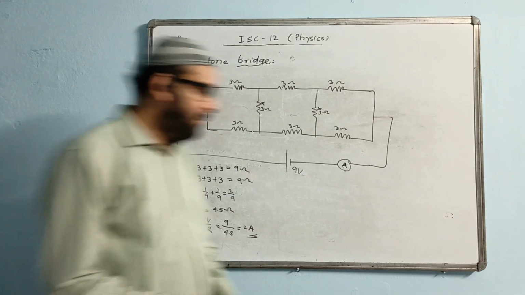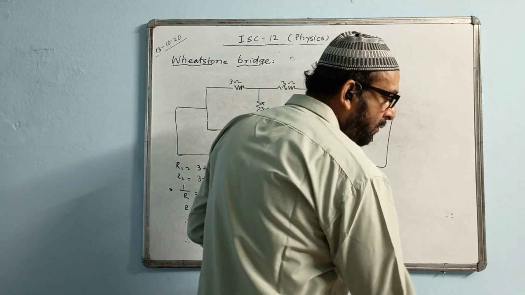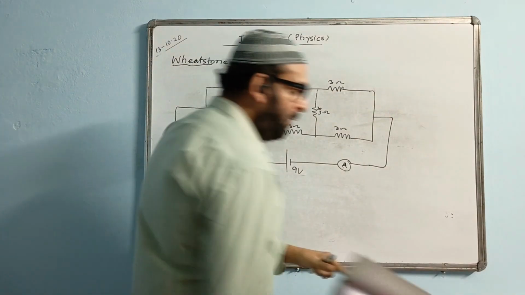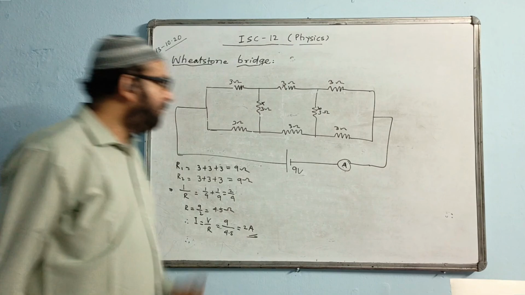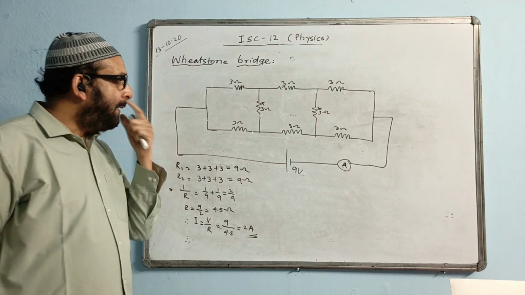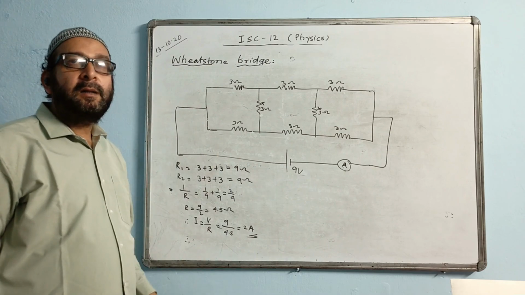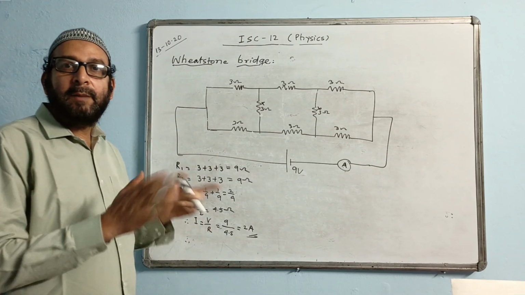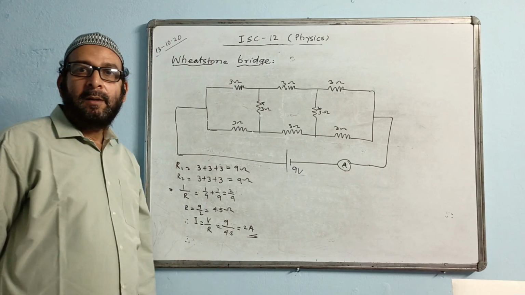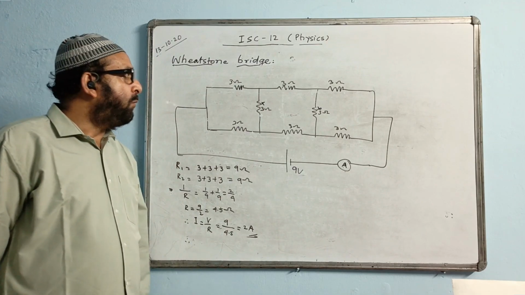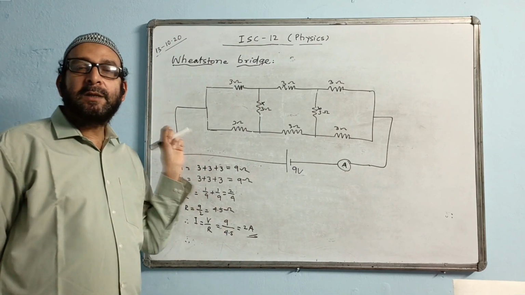Okay. Today we will be doing this much. Tomorrow a little more problems we will do, and the next day a little more problems, and we will be doing the next types, that is meter bridge and then potential meter. Then the current electricity will be over. That is the last part of this chapter. Potential meter and the meter bridge are only left over here.